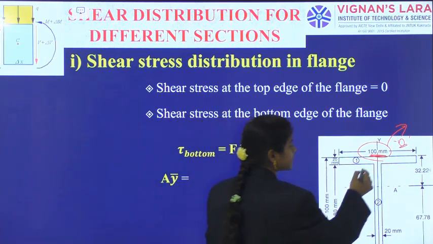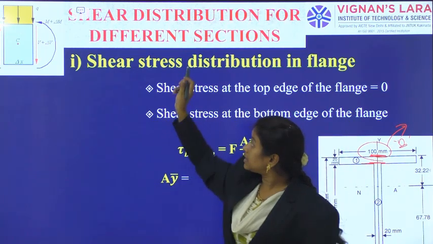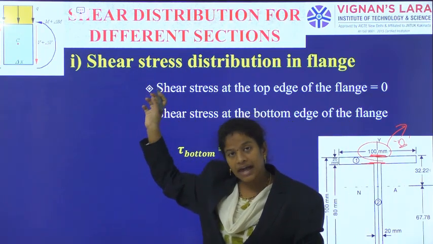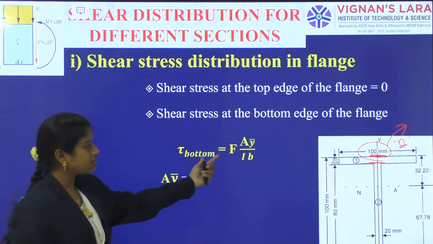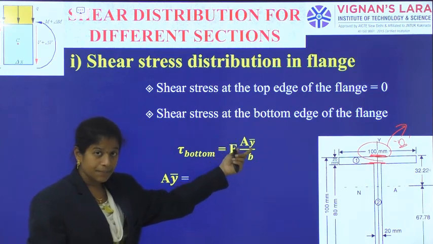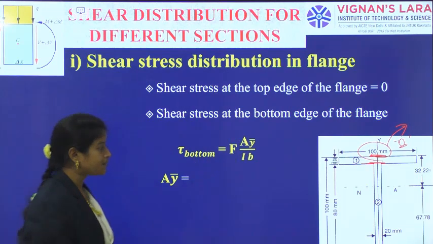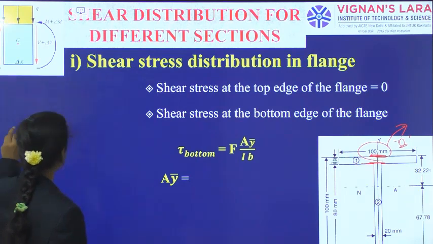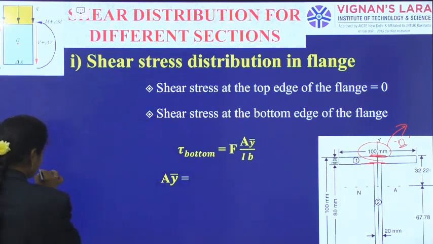Okay, in the web, in the flange, at the bottom edge of the flange. Still, I am in the flange only, but I am calculating at the bottom edge of the flange. So, that answer is equal to F A y bar by I into B. The main unknown and the main important thing to calculate is A into y bar. So, I am calculating the A into y bar here. So, the A into y bar for the section